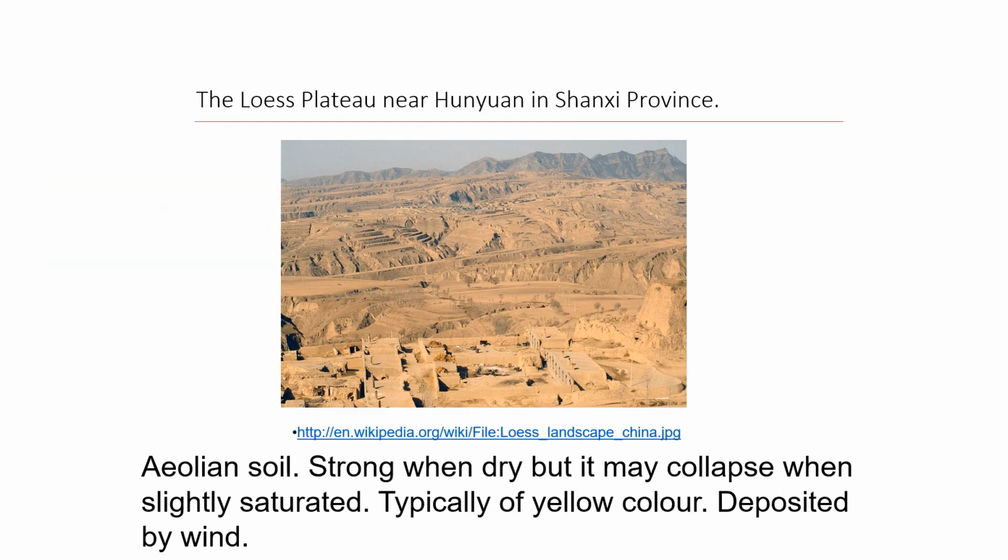Aeolian soils, as I mentioned before, it's a good foundation when it's dry, but unfortunately when you add a little bit of water, this soil will collapse. Aeolian soil has very interesting structure when it has lots of pore space in between particles. It's strong when it's dry, but when water goes in the soil, it will dissolve those bondings between the particles and make the structure very soft and very weak. That's why we have collapses here. Like I'll show you a few examples. It's all here.